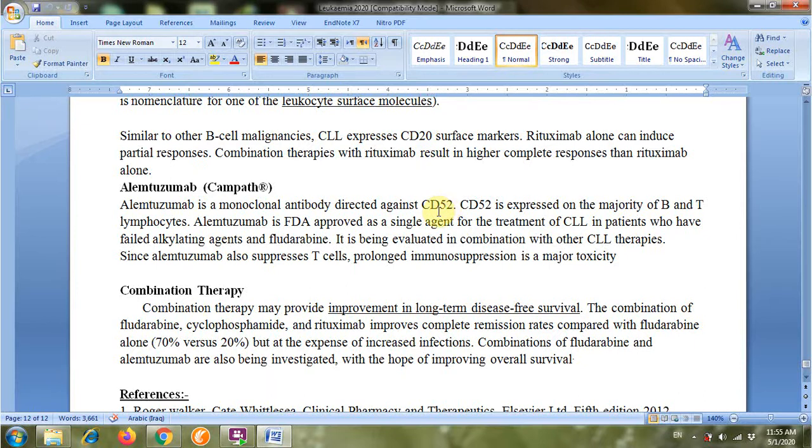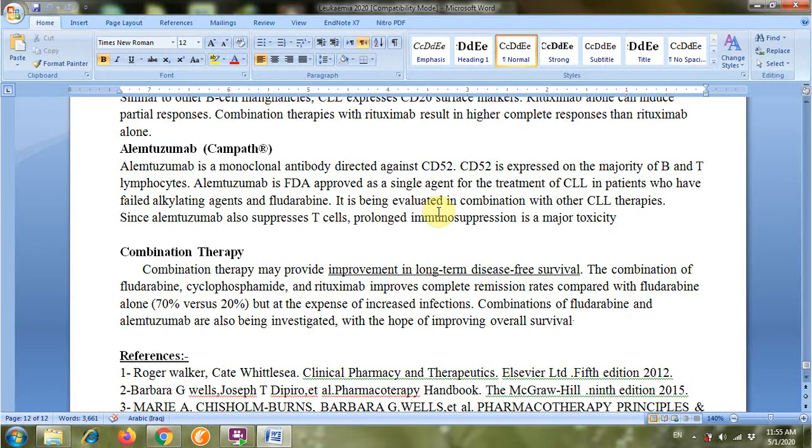To give a better response rate, they are combined with the conventional alkylating agent to increase the cure rate from 20-40% up to 70% compared with the single therapy of these alkylating agents, and also to minimize the adverse effects and give a good response rate and prolong the disease survival rate. This is a summary of the chronic lymphocytic and chronic myelocytic leukemias and the line of